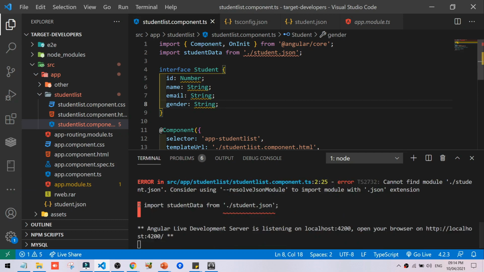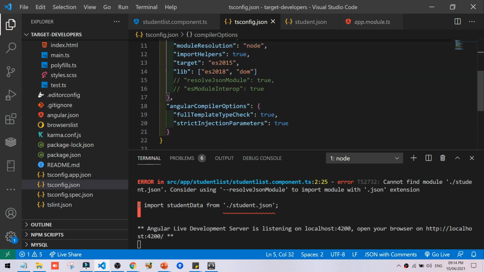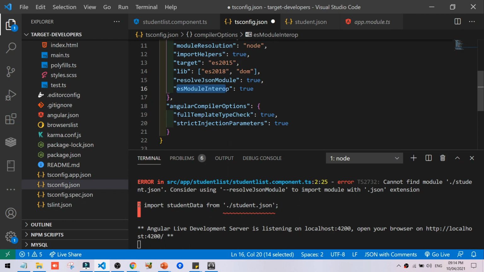We have to go to the tsconfig.json file. Under the compiler options, we have to put this code: resolveJsonModule, we have to give true, and esModuleInterop, we also have to give true.